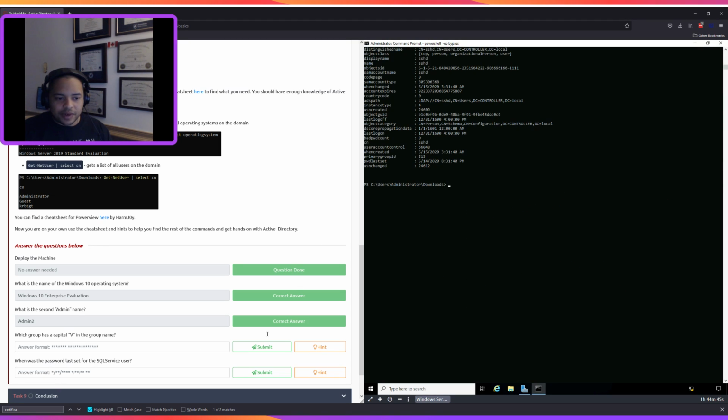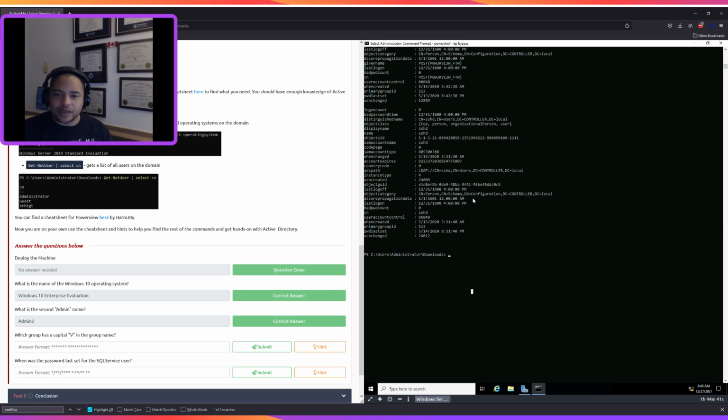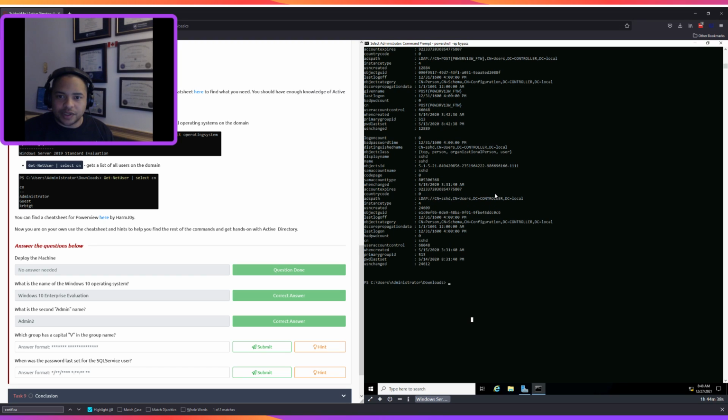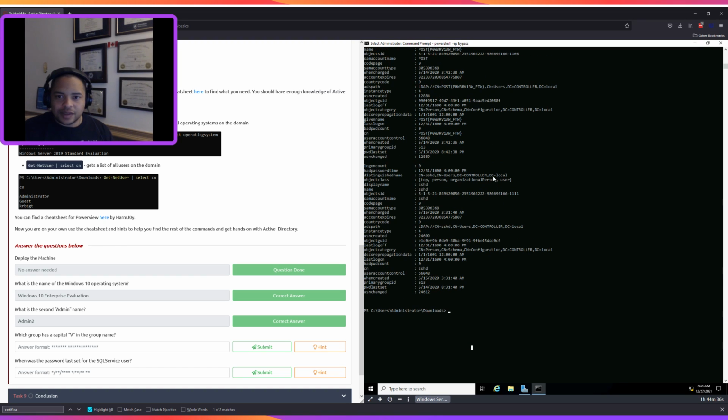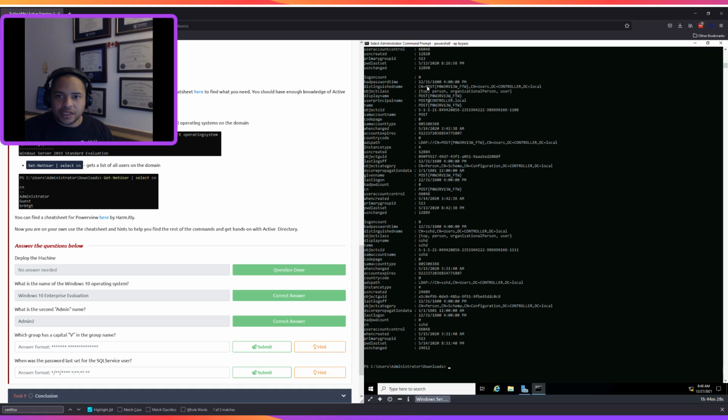Oh, we need to also find out when the password was last set for the SQL service. So keep an eye out for the SQL service user as well as the group name with a capital V in it. So do we see